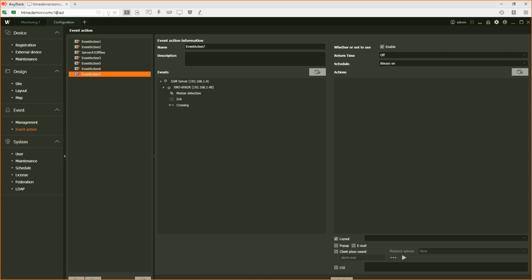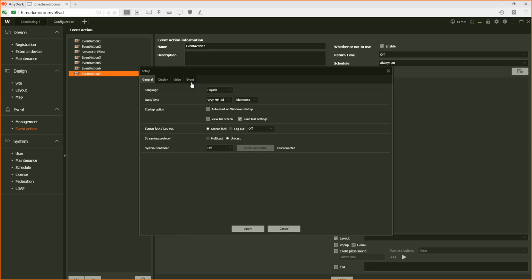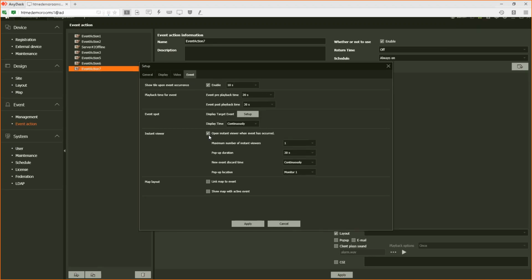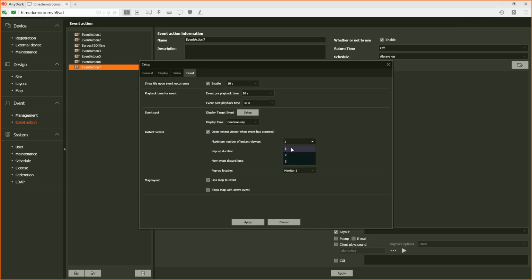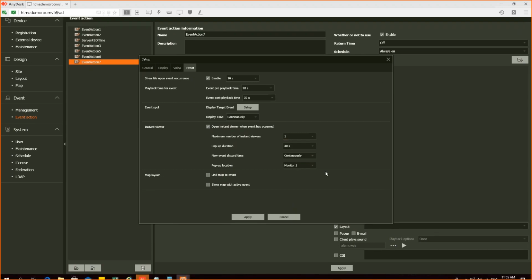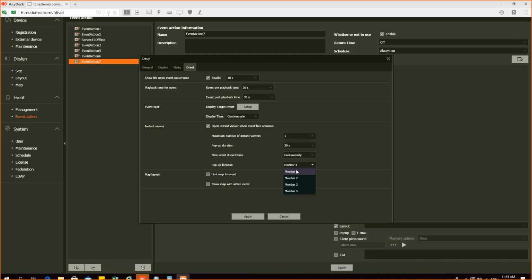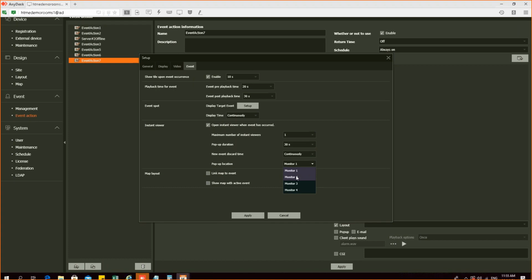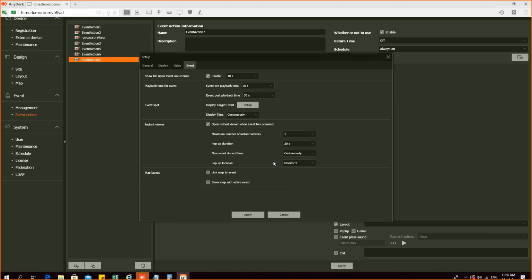You can have a pop-up on up to 4 monitors. In the event option, you have a button here called show instant viewer, instant pop-up. You can have up to 3 pop-ups, one, two, three. You can design these 3 pop-ups, and you can customize where the pop-up should go. If there is a motion, you can say show the pop-up in monitor 2, so you're not distracted and your main monitor is fine. You can say go to monitor 2, so you're not getting annoyed with a lot of pop-ups.